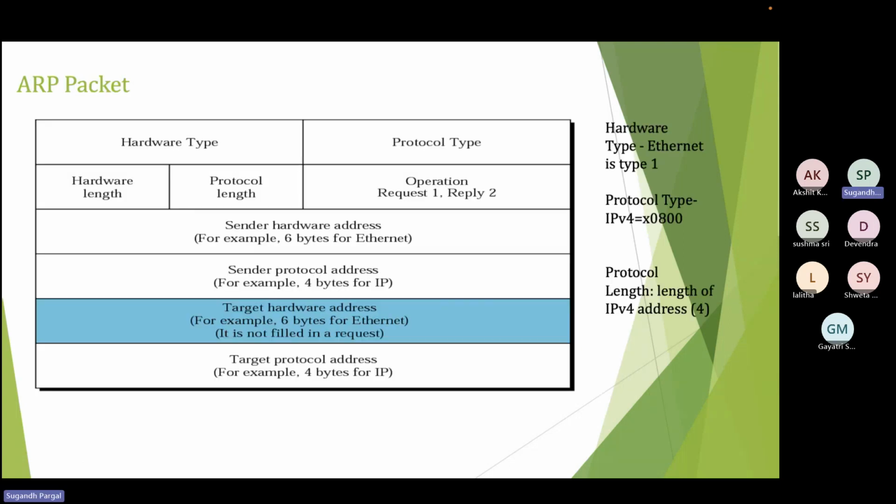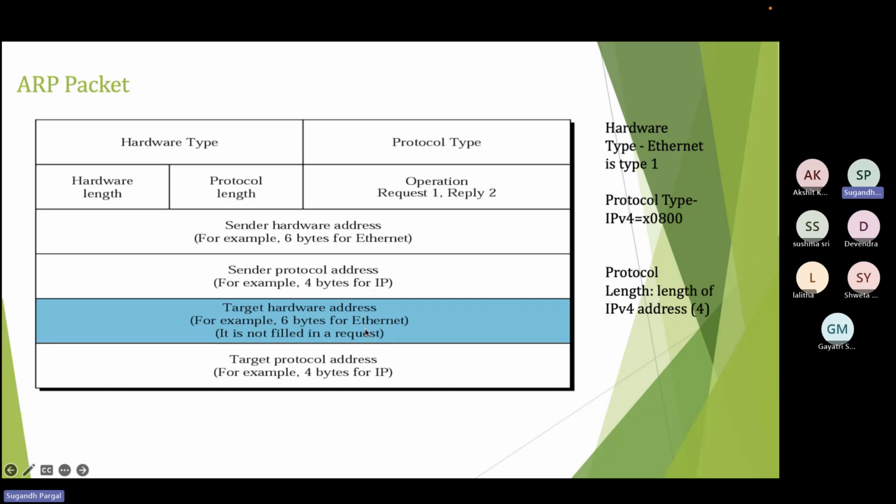So this is the packet or type of headers that are involved in the ARP protocol. Here we have the hardware type and the protocol type, then hardware length and protocol length. Normally the hardware type uses Ethernet. Then we have the sender's hardware address, and another is the sender protocol address, that is the IP